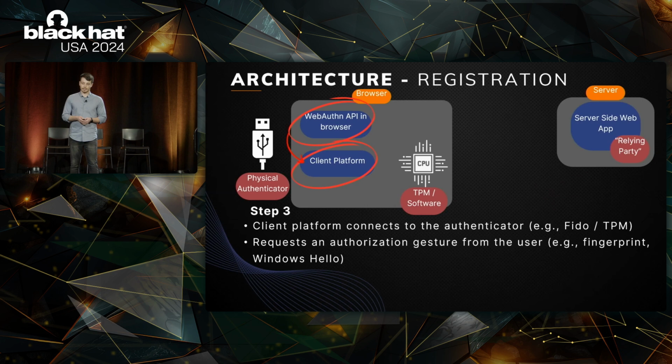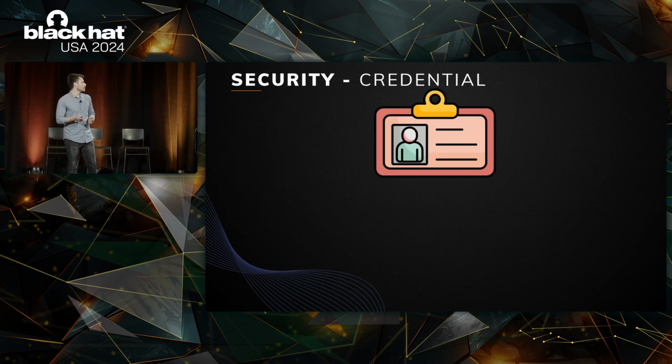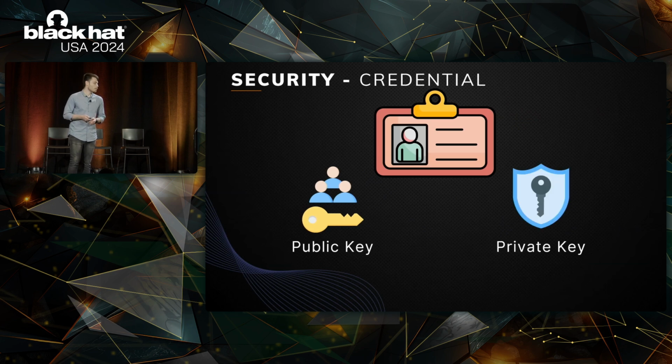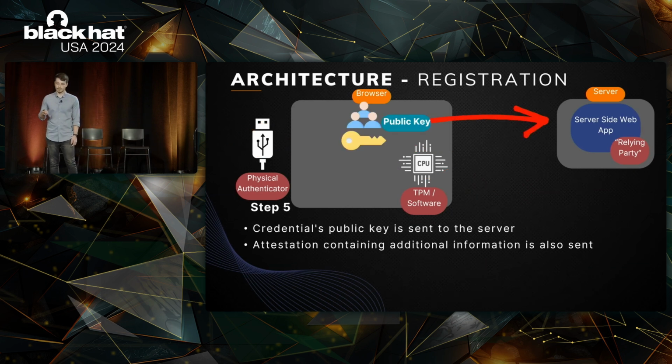So it uses the client platform to connect to the authenticator, either the physical authenticator or the TPM, and it will request an authorization gesture, for example, your fingerprint or a PIN code. And once you provide that, a new credential will be created. Now, what's this credential? It is a public key and a private key, just a key pair. The private key will be stored in the authenticator, while the public key will be sent to the server